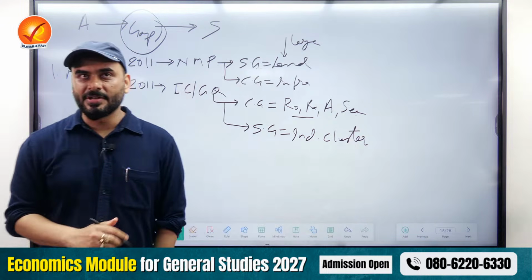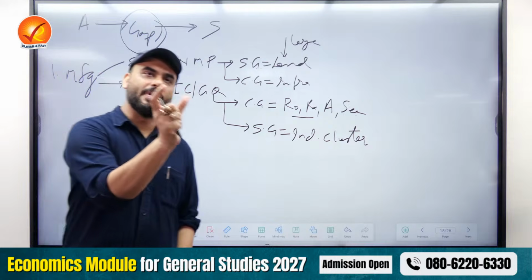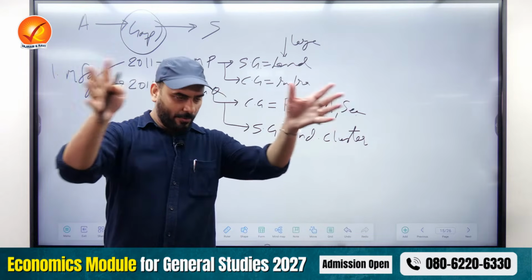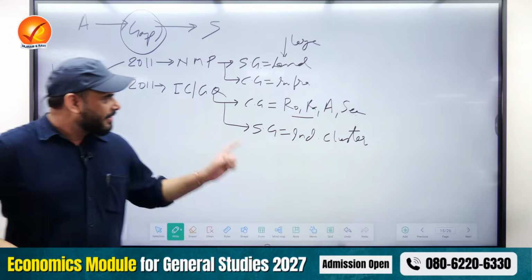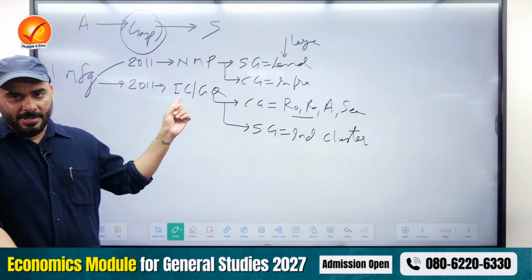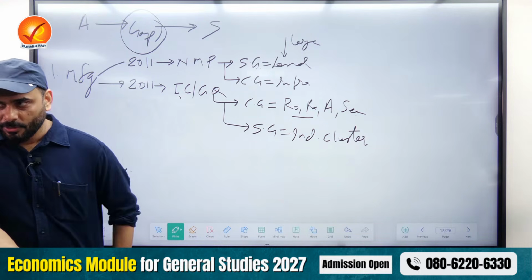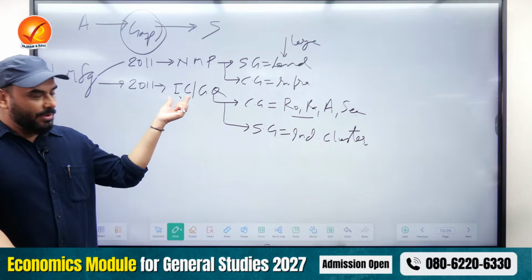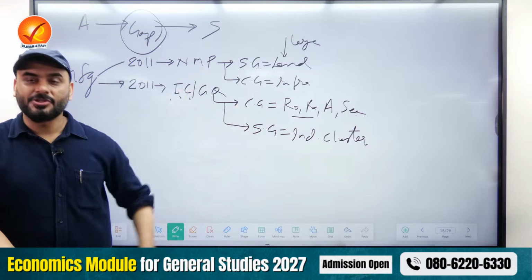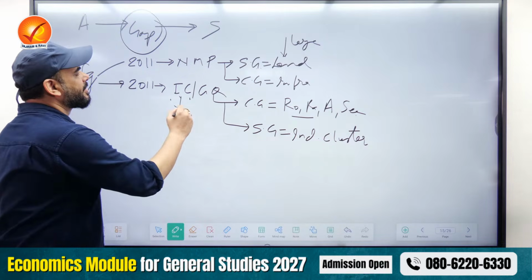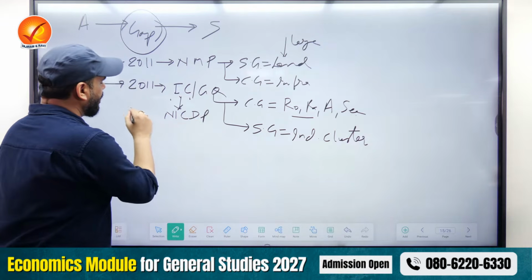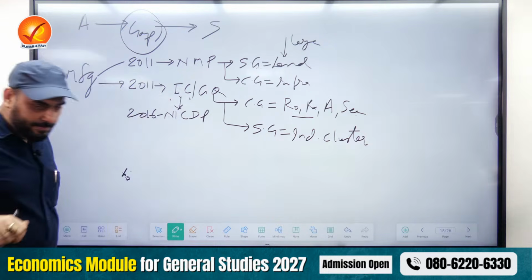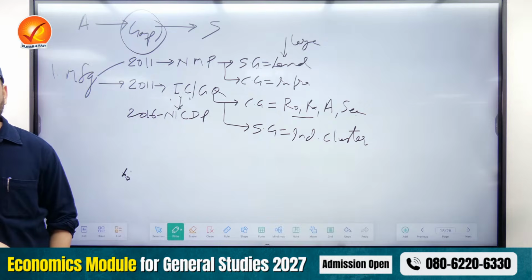What is the meaning of cluster? Group of industries in one place. If 3, 4, 5, 10 industries are located in one geographical area, it is called a cluster. So what was the unique part of this industrial corridor? The unique part of the policy called industrial corridor is the creation of clusters. Later on, the name of industrial corridor was changed and it became the National Industrial Corridor Development Program 2016. This is what we have done.